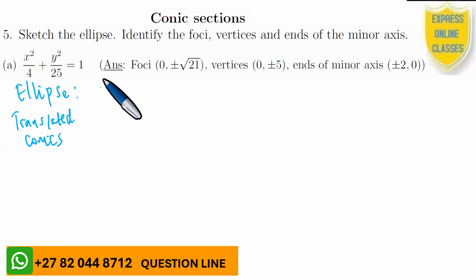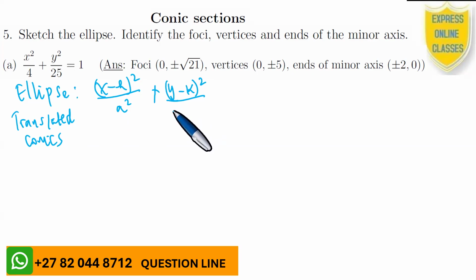Which means that the ellipse is going to be (x minus h) squared, divided by a squared, plus (y minus k) squared, divided by b squared, equals 1, and b is less than a. So if b is less than a,